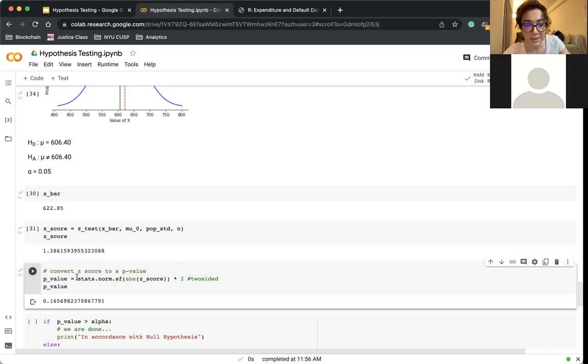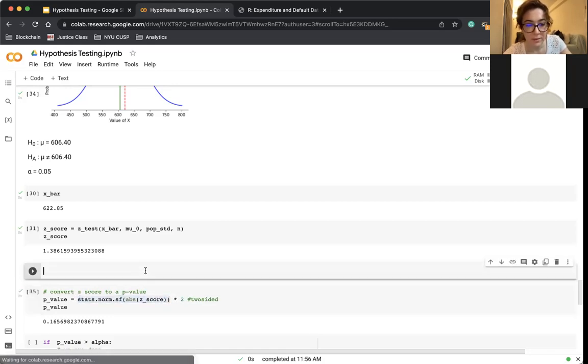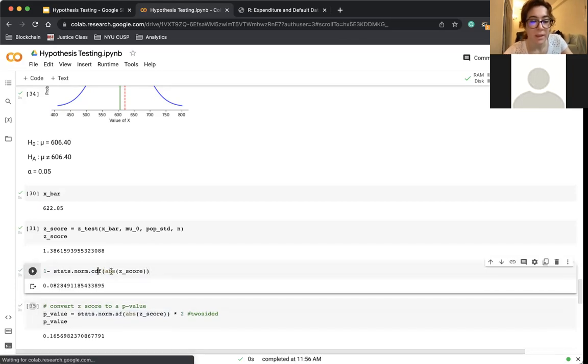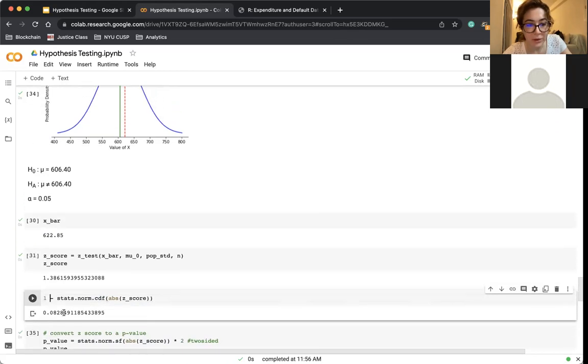Again, this is equivalent to what we used before, 1 minus the CDF of this z-score, where this would be all of the area under the curve up until this value of z, but we multiply this by 2 because we want that for both sides